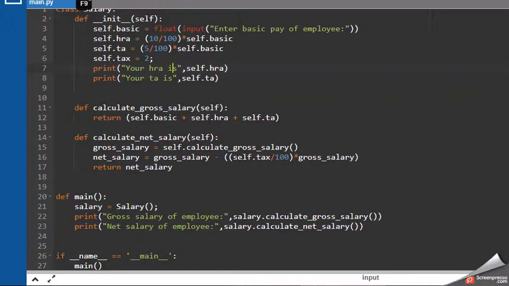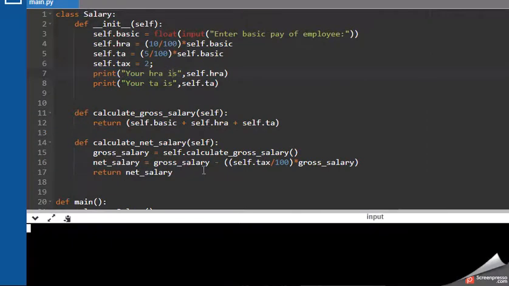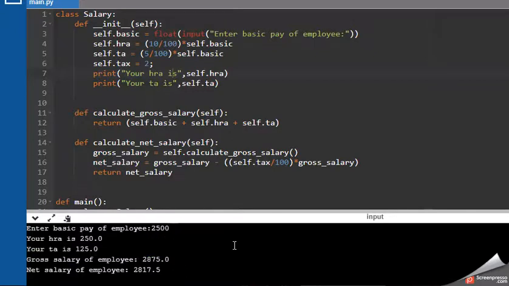Let's run the program and see how we are getting the result. Now it's asking you to input the basic salary. For example, if I input the basic salary of a person as 2500, let's see what the rest of the components of the salary will be. You can see that after providing the value of 2500 as the basic salary, it has calculated 250 as your HRA out of 2500, that is 10%.